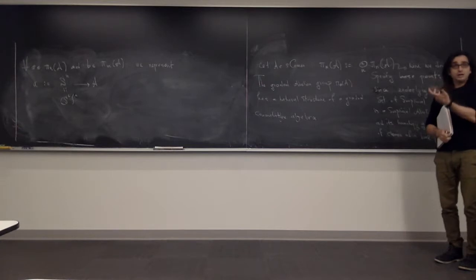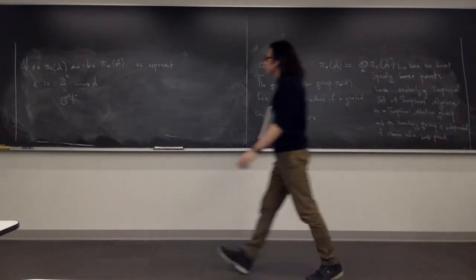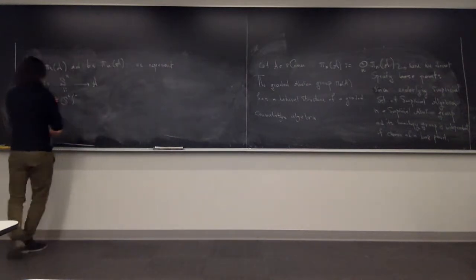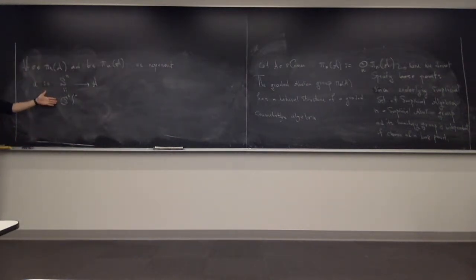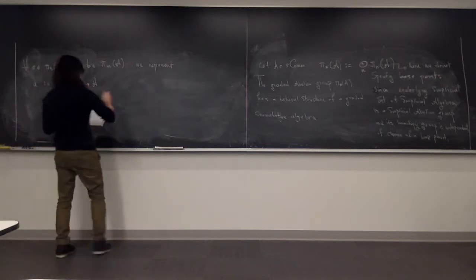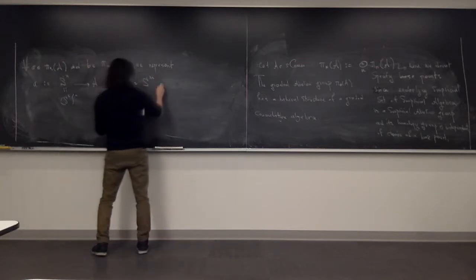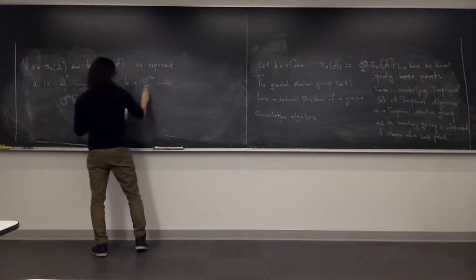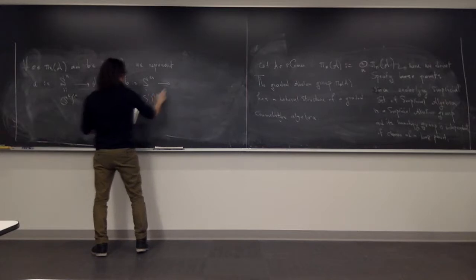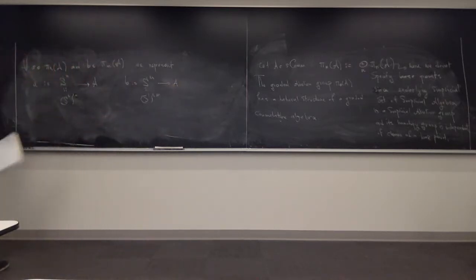The space of higher loops is given as maps from higher loops to the topological space, and the higher loops are obtained by n-fold suspension of the lower order loops. So that makes sense. And B is a map from Sm to A. So this is the representation of these homotopy groups,